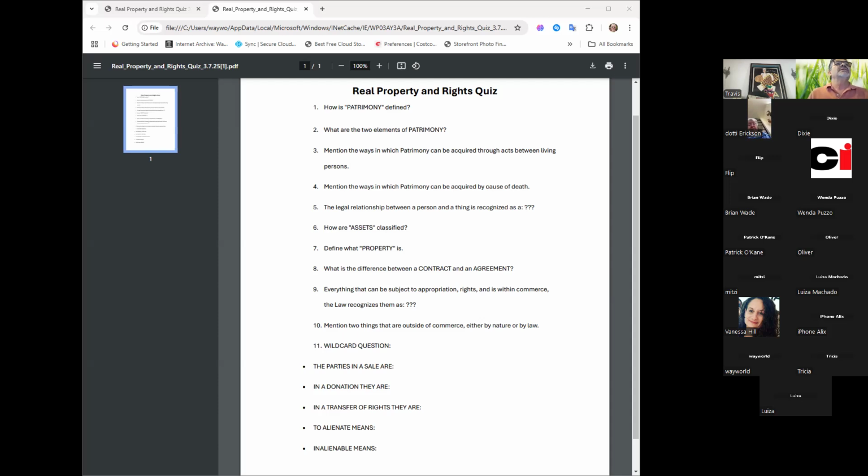Okay. Then, to classify the assets, we can classify from the ownership. We can classify by physical existence. For example, we have movable or immovable assets. Immovable is a land, a house, a warehouse, whatever we can build. And movable could be furniture, cars, money, whatever we can bring with us.